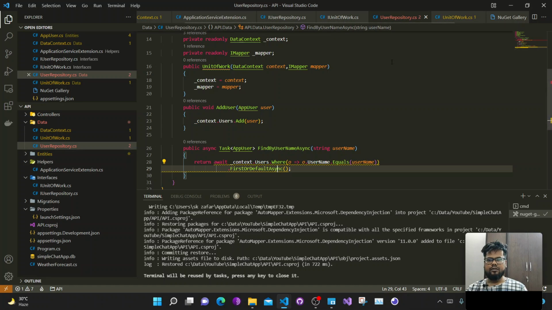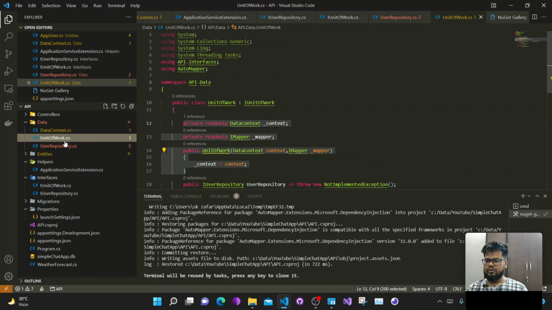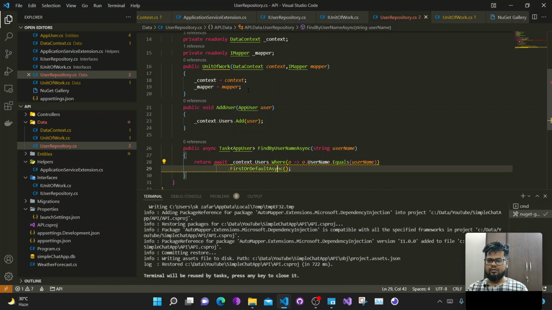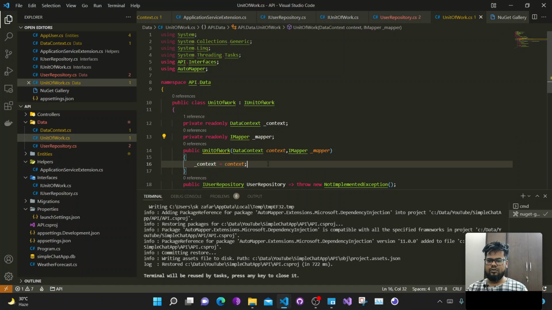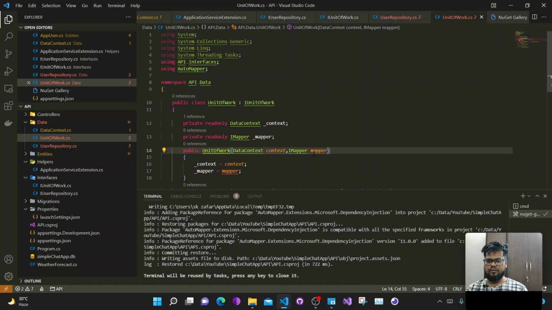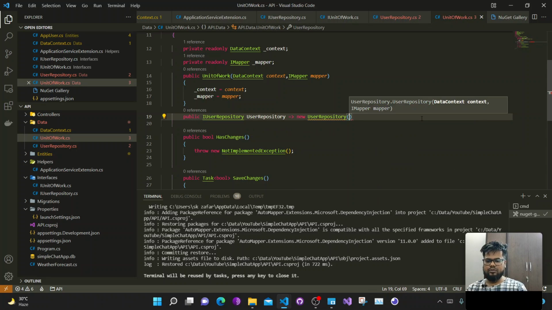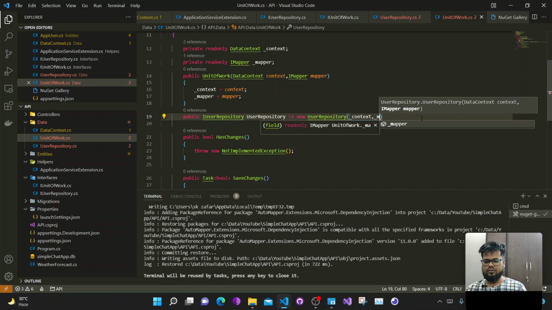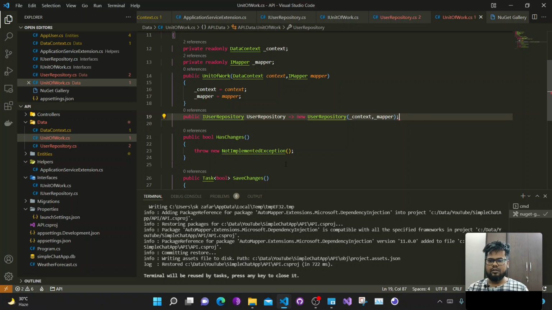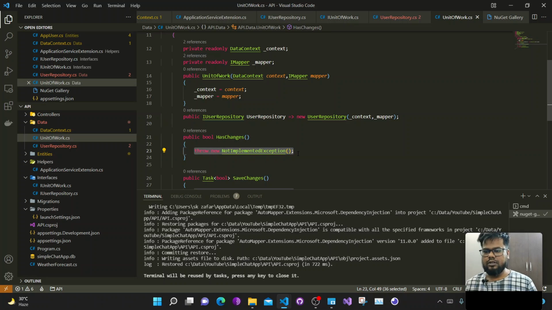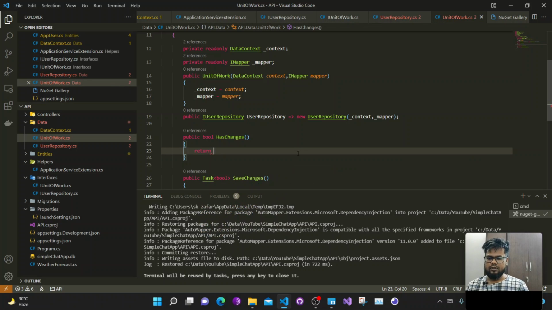Okay, now let's move on to here. Okay, copy that, then pasting in UnitOfWork. Okay, now what we can do is here we can do new UserRepository with _context and _mapper. Okay, now we can check to see is there any change or not. So return _context